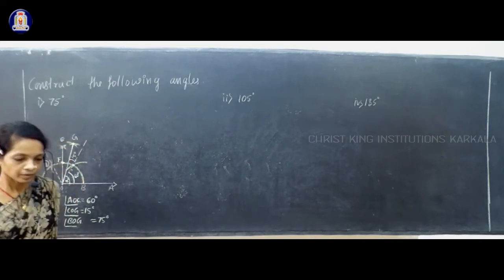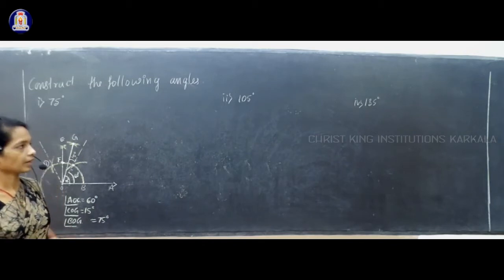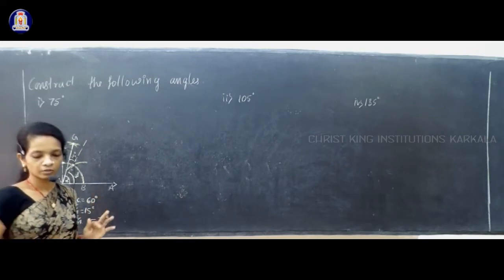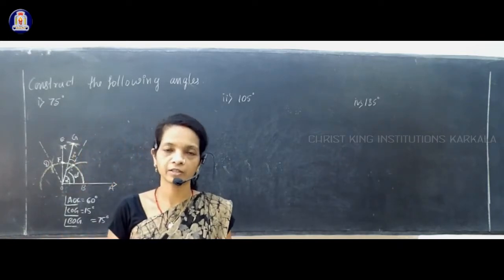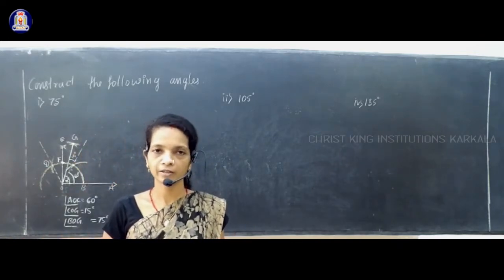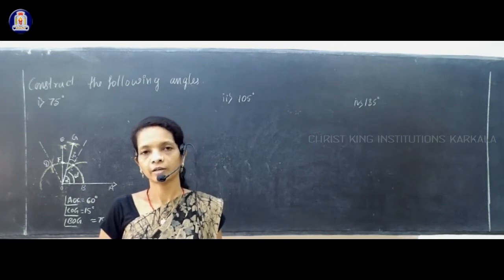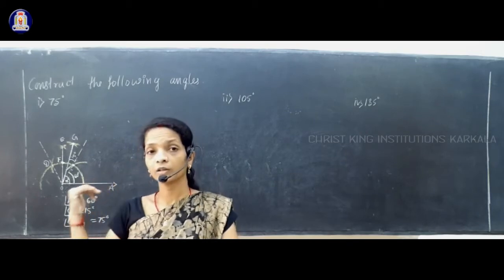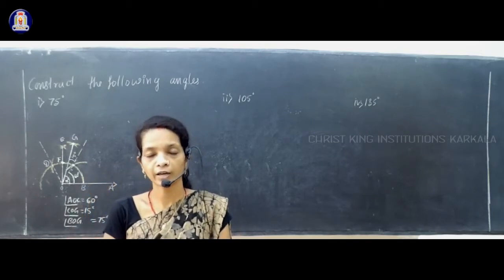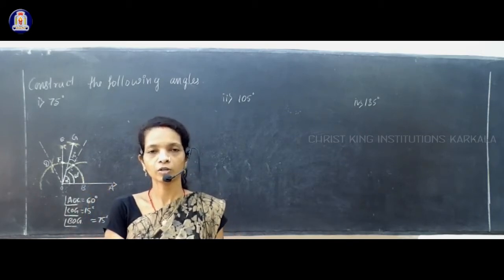Measurement using your protractor. Okay, and before constructing, keep your things ready, tighten that compass, use a proper scale, and sharpen your pencil. With all that, when you construct this, you will get exactly 75 degree, and you can verify that by using your protractor.